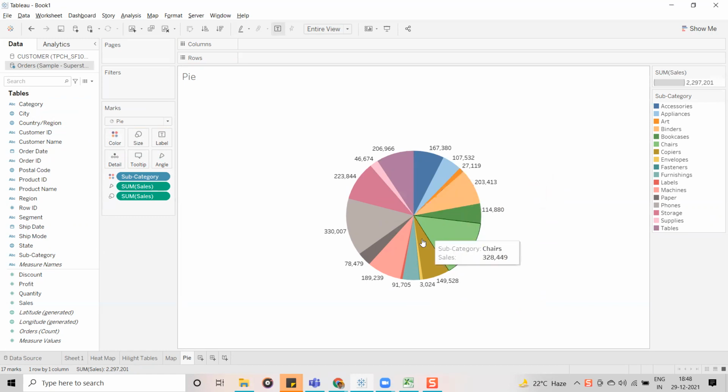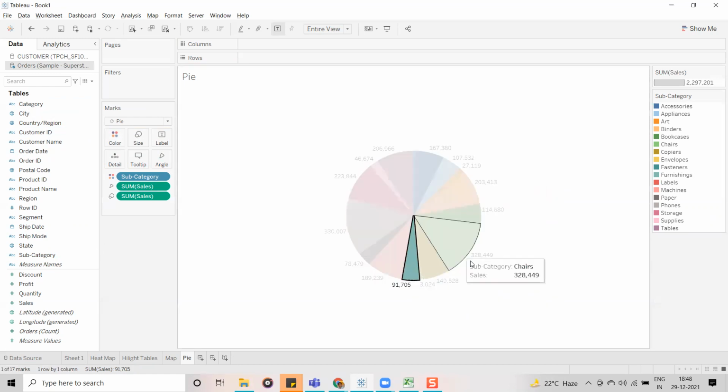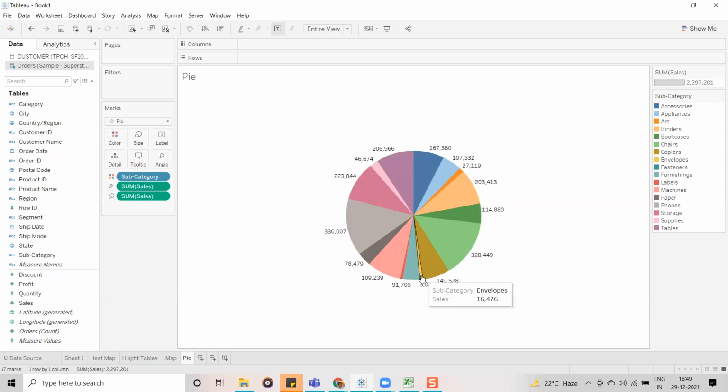If you add more data members here, the slices and actual values won't appear properly for the end users. Now you can observe this one and this one. In between there is another one, fasteners. This one is envelopes and this is furniture, and between these two there is fasteners.